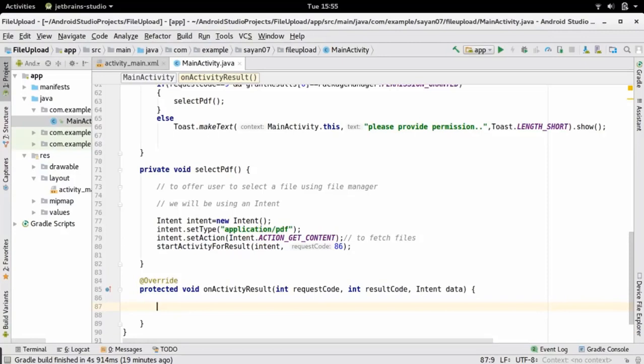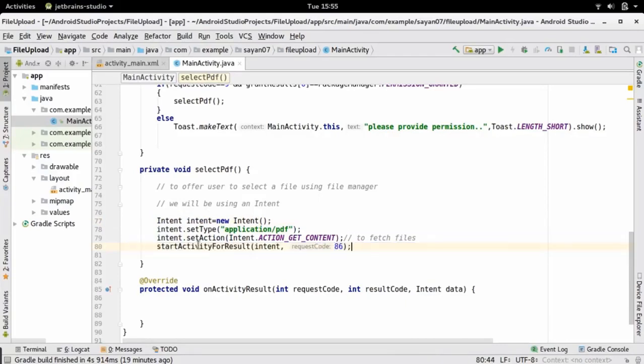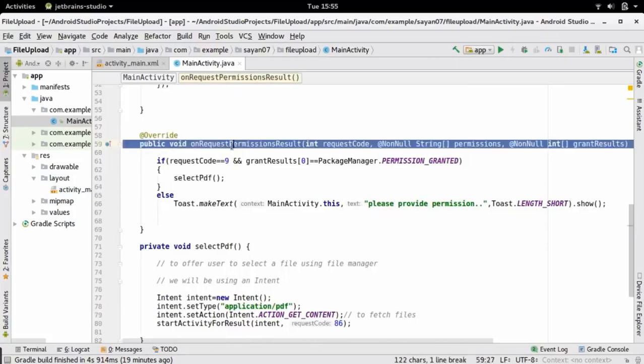When this particular line, startActivityForResult, gets executed, after this line the onActivityResult method will automatically get invoked by Android. Similarly this method was also automatically invoked by Android. We are not going to call any of these methods by ourselves. These overridden methods will get automatically called by Android.